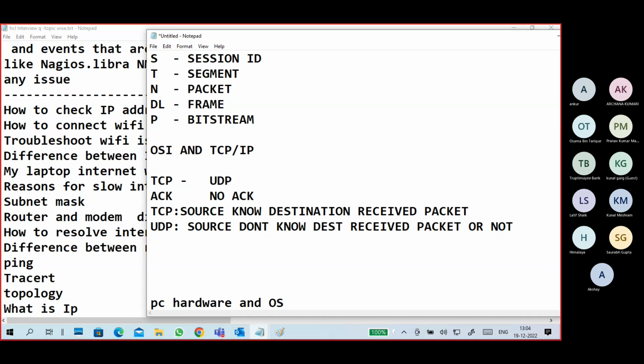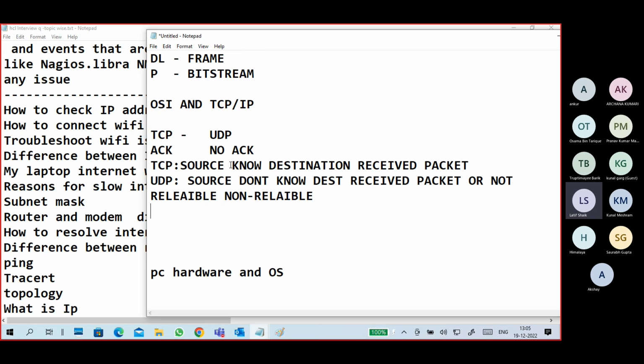Because of acknowledgement, TCP is reliable. UDP is non-reliable. Just forget about the spellings. So it is reliable versus non-reliable, connection-oriented versus connectionless, because of this part only.